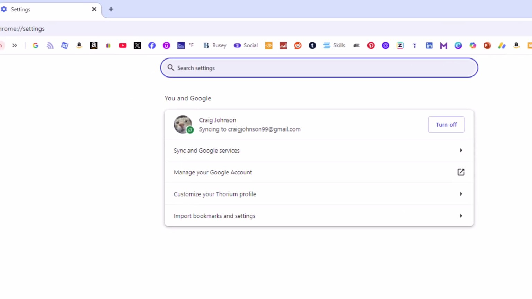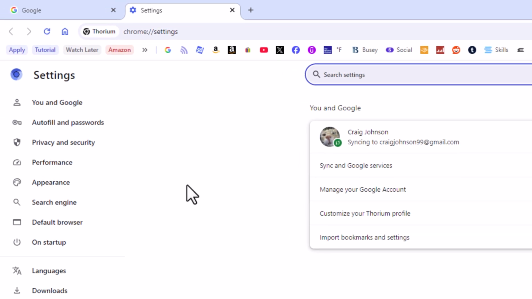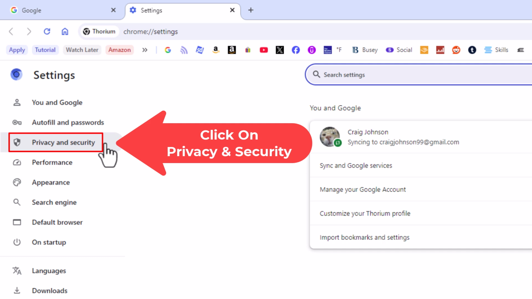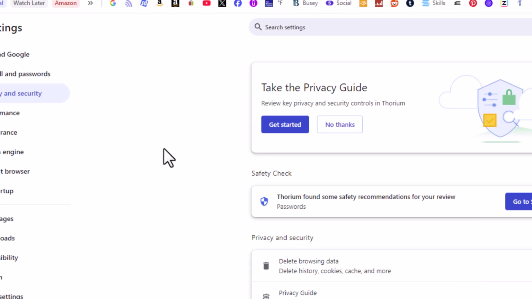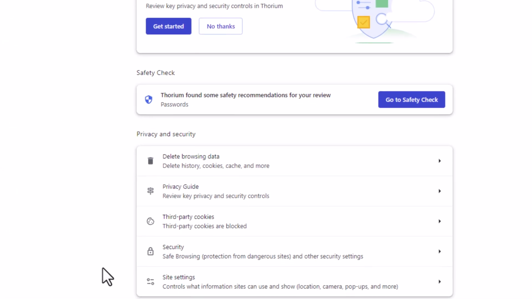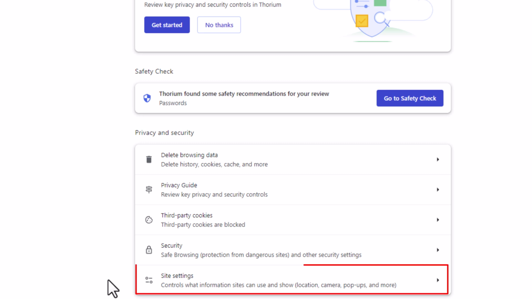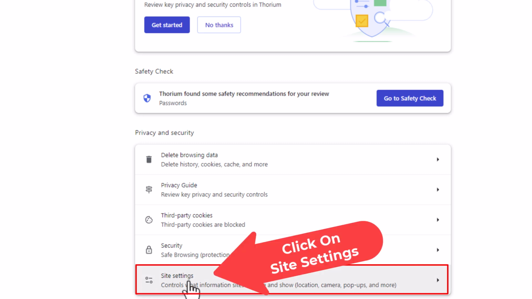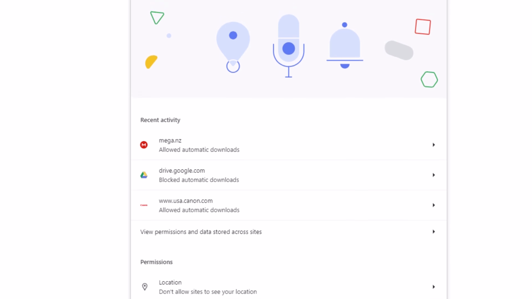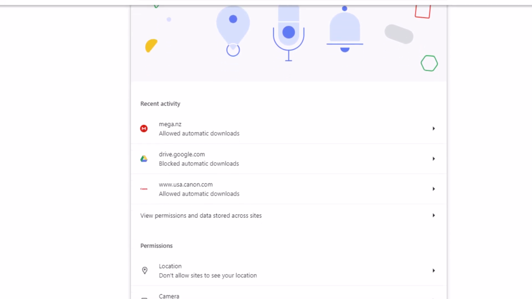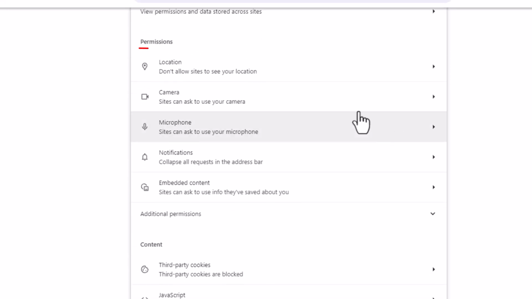Now on this page that opens up, the pane off to the left hand side, you want to click on Privacy and Security. Then on the center pane, you want to go down toward the bottom to where it says Site Settings, and you want to click on Site Settings. And on this page, you want to scroll down just a little ways, down to where you see the Permission